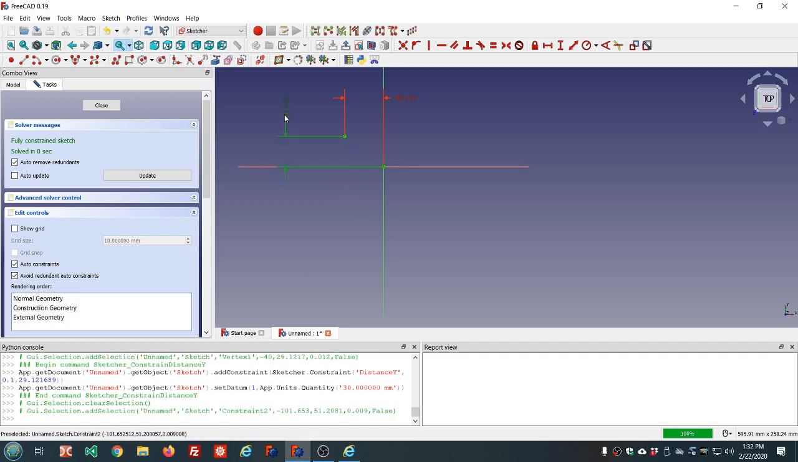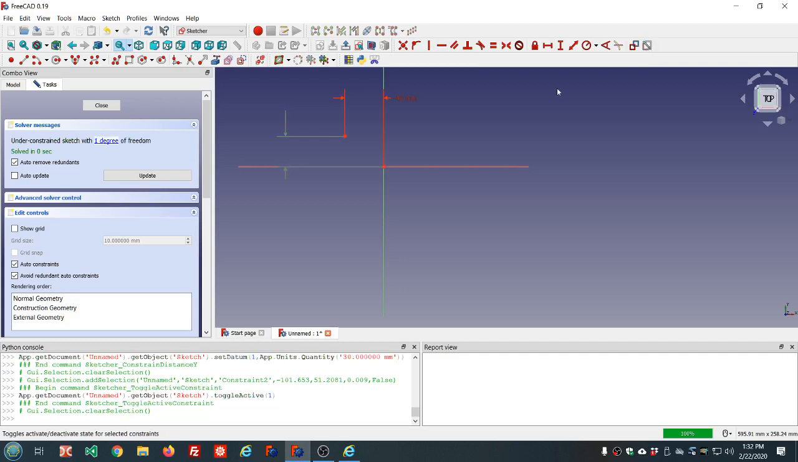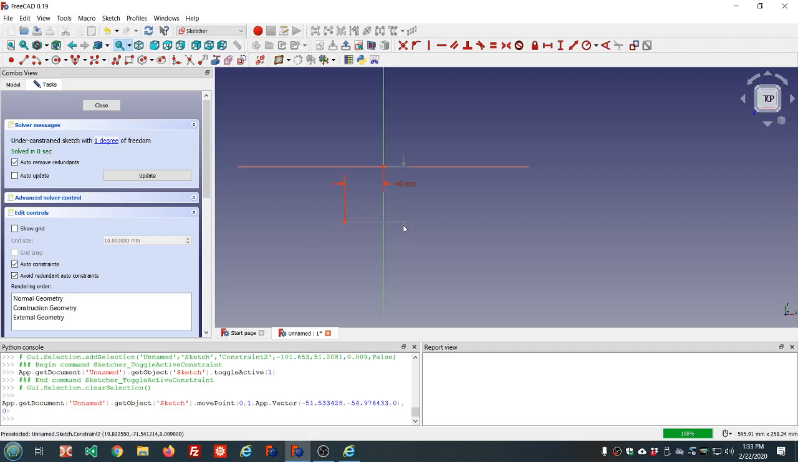We can temporarily disable constraints with this tool here. Toggles activate or deactivate state of selected constraint. It becomes gray. And now we can move our object, but it's still subject to that first constraint, the one that is still active. So I put it down here